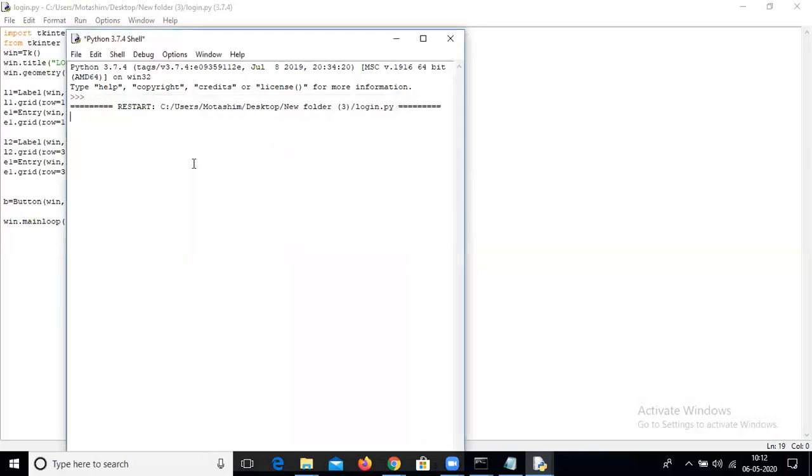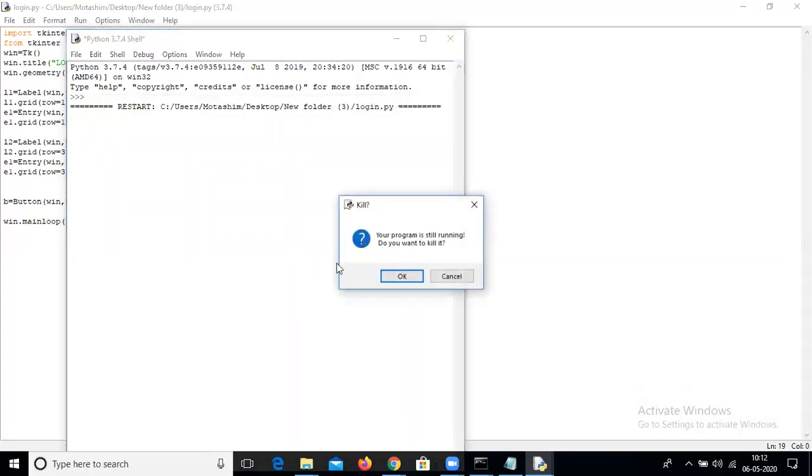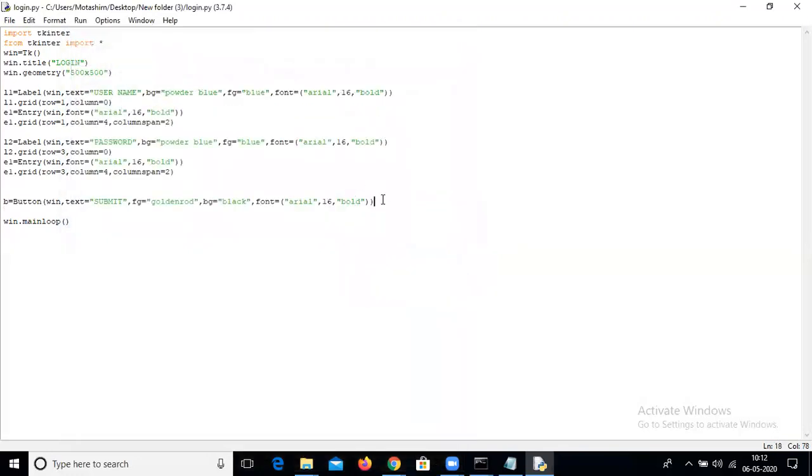We can create B1 dot grid, row equal to 3, 4, 5, column equal to 3, not 3, 2, column span equal to 3. Let me check what it will do.